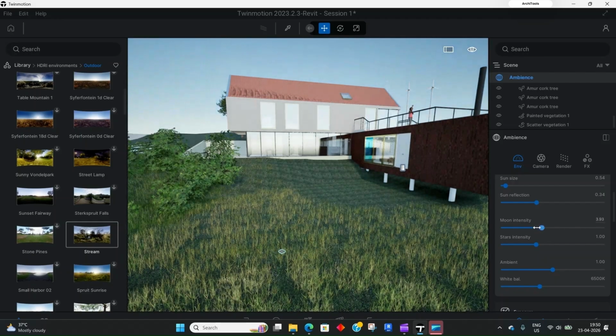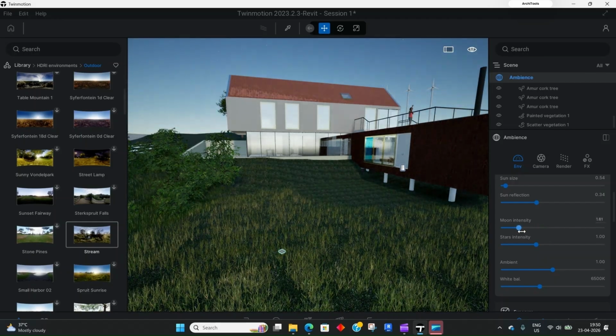Now you can adjust the moon intensity also. Once you adjust its brightness, the night time just changes. Stars intensity can also be changed. You can see that once I change the intensity of the stars, the amount of stars is increasing and you are able to see them. I would like to keep these in the default mode, but if you want to tweak it, that's up to you. Now this is the ambient lighting,